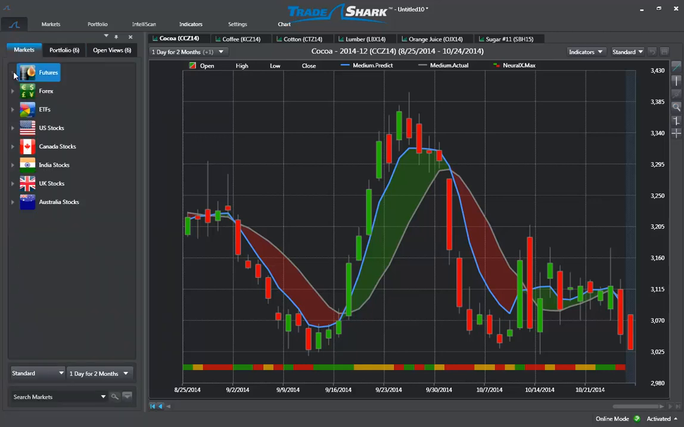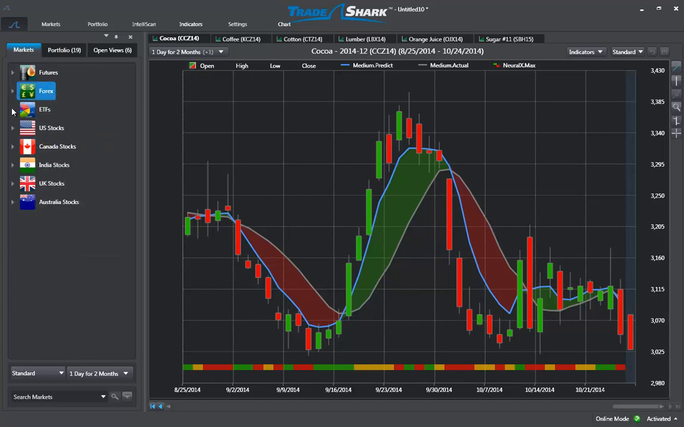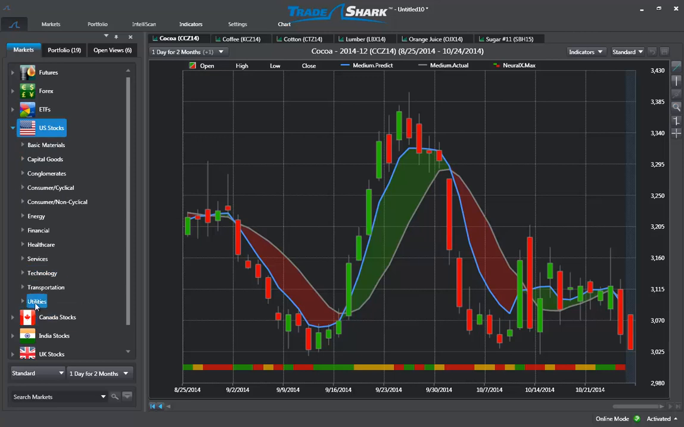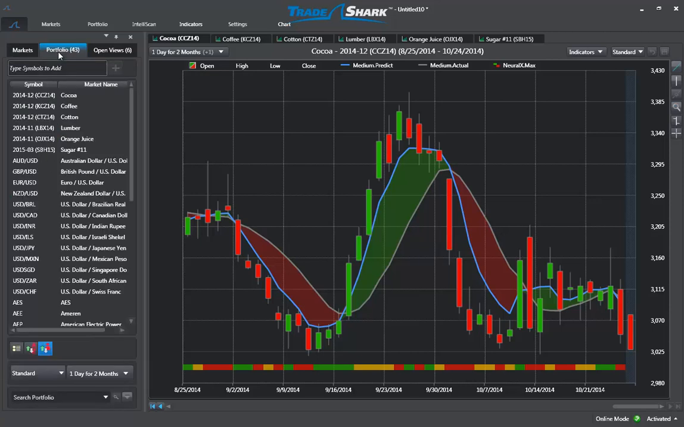For this example, I will also go ahead and add a Forex pair and also the utility sector of the US stock market to this portfolio. Again, I simply need to right-click and select Add to Portfolio, find the utility sector, right-click and select Add to Portfolio. You will notice that these market selections have now been added to the Portfolio tab, however have not been opened